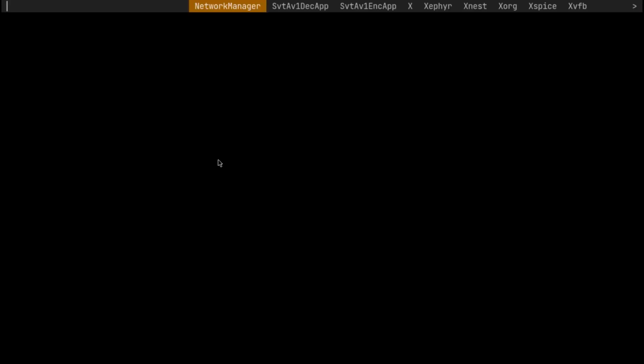You just press super plus D and it will open a nice selection menu. You can just type Firefox and then hit enter. And then it will open up Firefox for you. This is the first time, so it will take a little bit of time. And there is your Firefox.